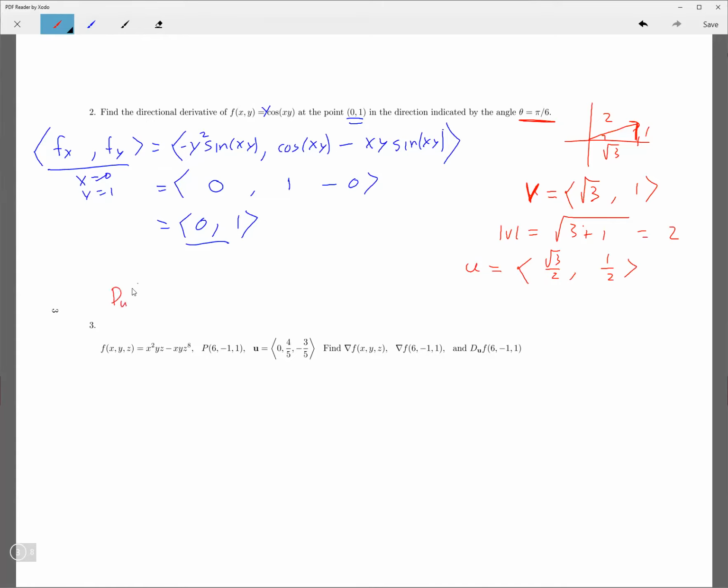So the directional derivative is going to be, okay, here's the formula. Dot product with the vector u. Which in this case is going to be the dot product of 0, 1 with this one. And that dot product is 0 times that plus 1 times a half. So it's just going to be 1/2. Okay, so you guys see that? So we're kind of like using the